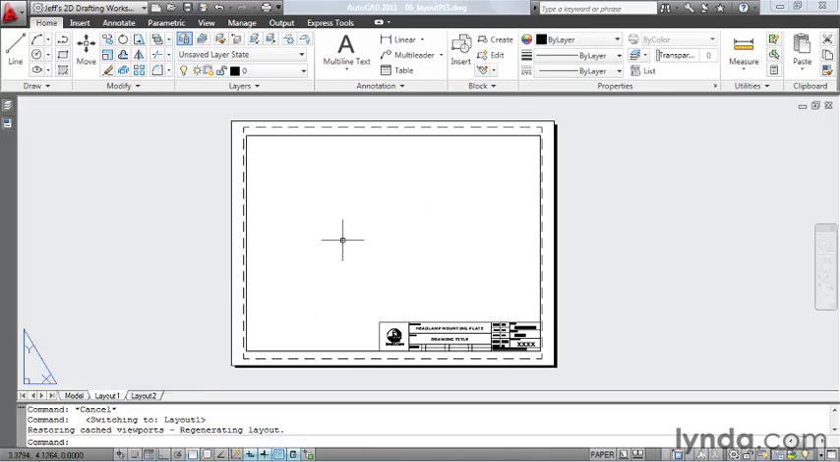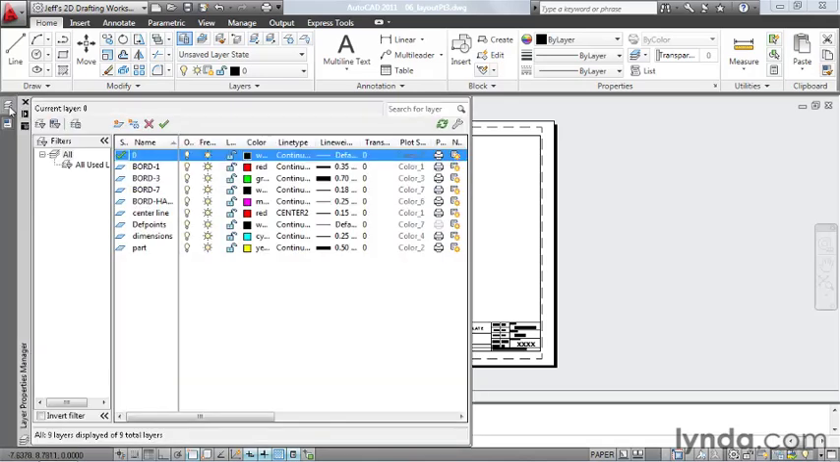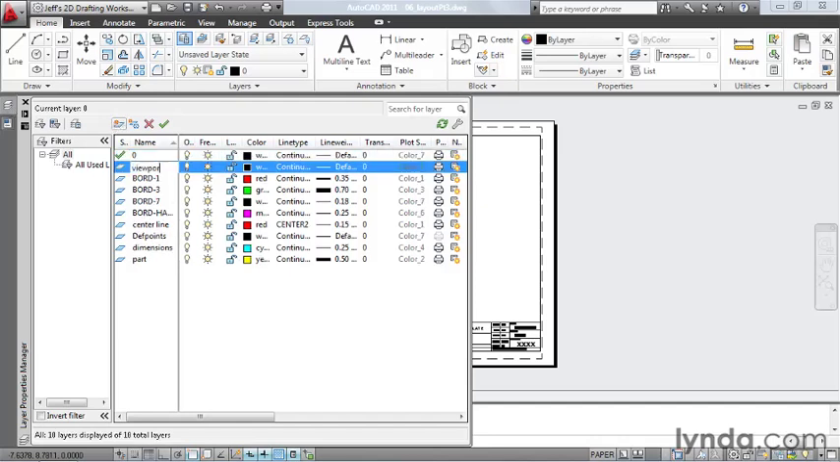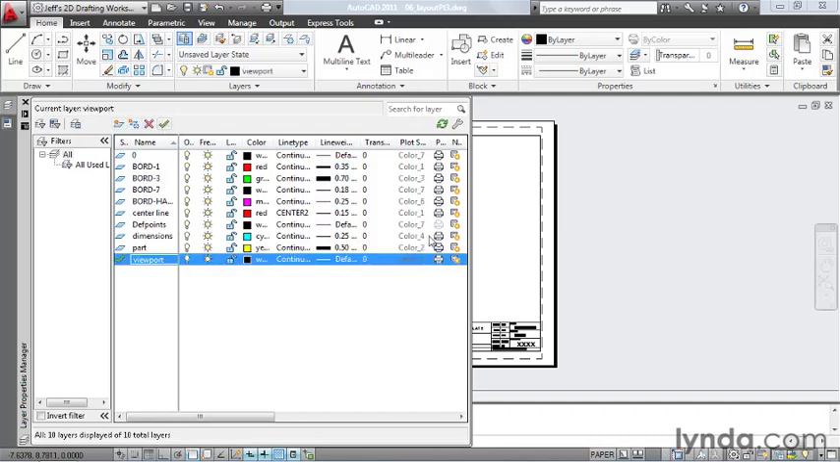Layouts sit on top of Model Space. So if I want to see my part, I need to cut a hole in this layout. This hole is called a viewport, and if I'm going to create a viewport, I need to put it on a layer of its own. So I'm going to open up the Layer Properties Manager, and I'll click the new icon. I'll call my layer Viewport, and then I'll click the green check to set this layer current, and I'll return